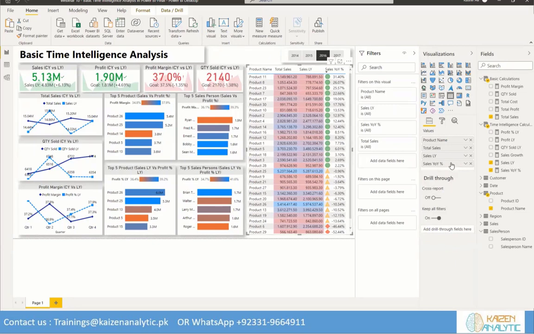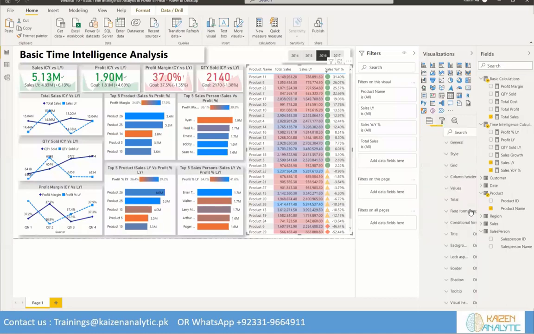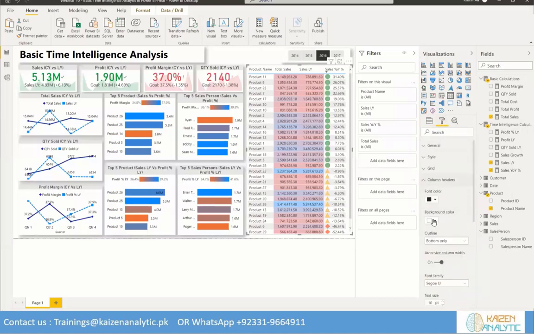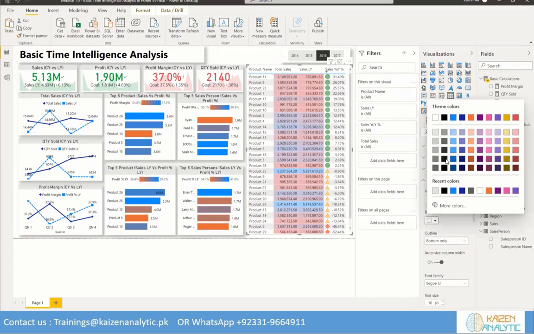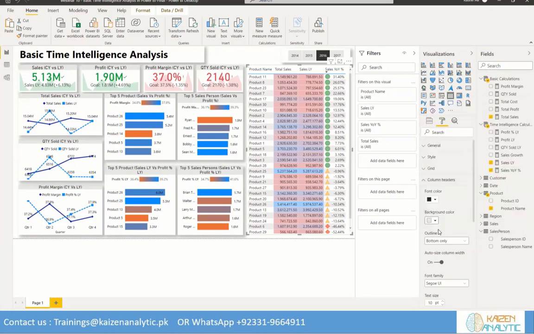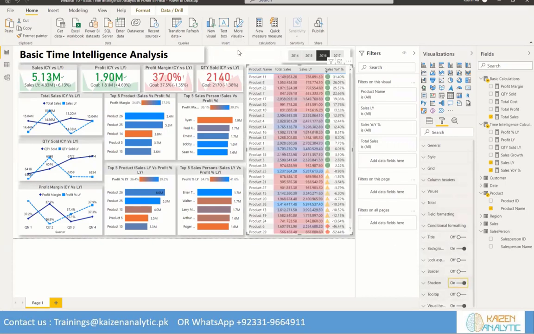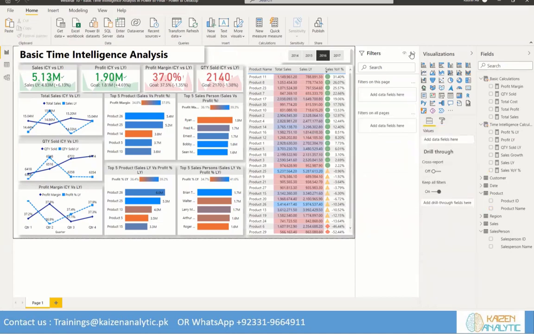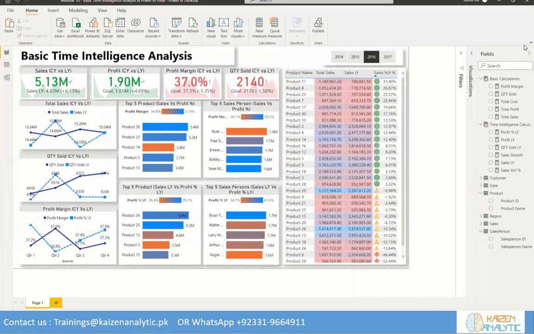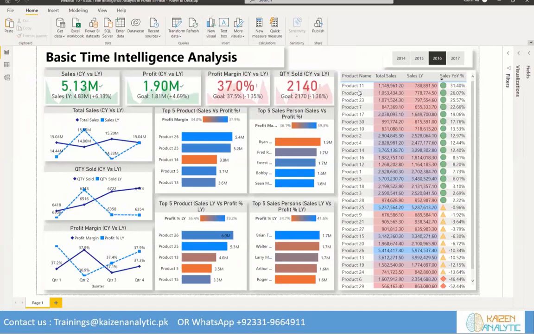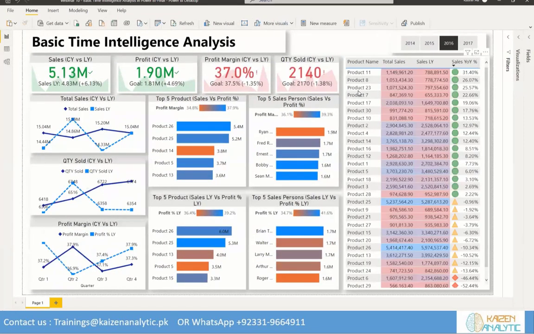So I'll just make this one much more different. I think I'll use the same one. Background is darker. This one is light brown, which is good. And as far as these are concerned, let's keep it here, and let's add the shadows. So we can have the working in our hand. So as far as our basic time intelligence analysis is concerned, we are done with the analysis, but it gives